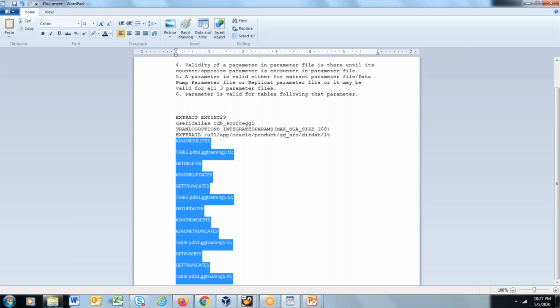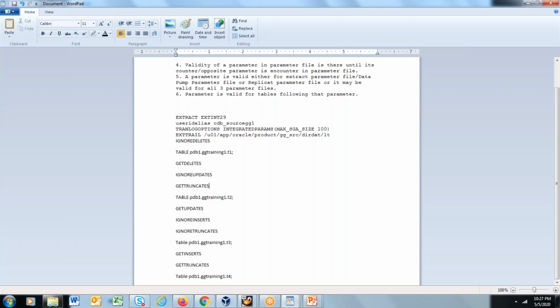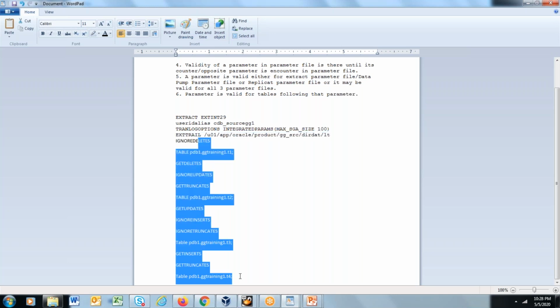So say you have 100 tables, T1, T2 to T100, and for each of them the customer has a different requirement. So are you going to create a parameter file which has 100 tables and mention them individually? What could be the option we could explore in that?